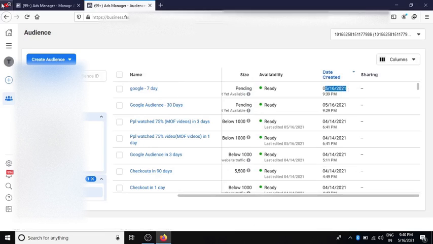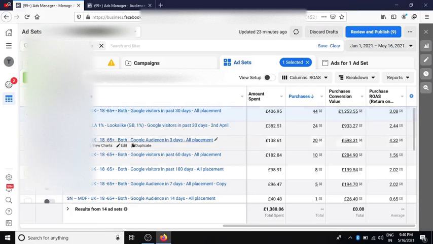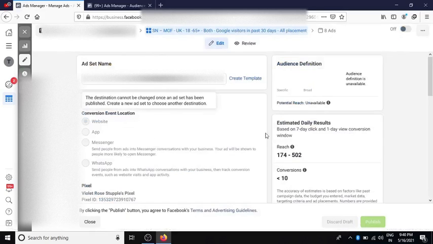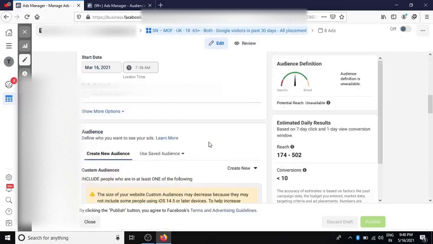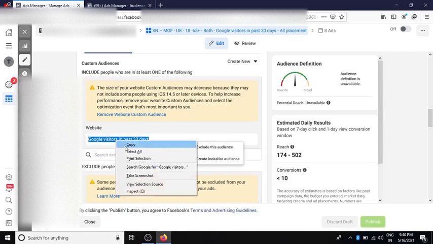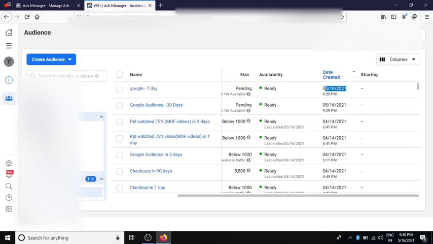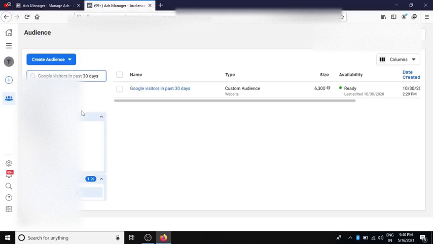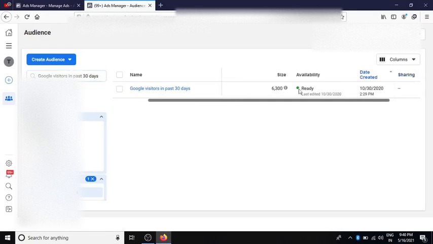Okay. Now I will show you the 44 sale audience. This audience name is Google Visitor in past 30 days. Let's copy this. Audience size is 63.